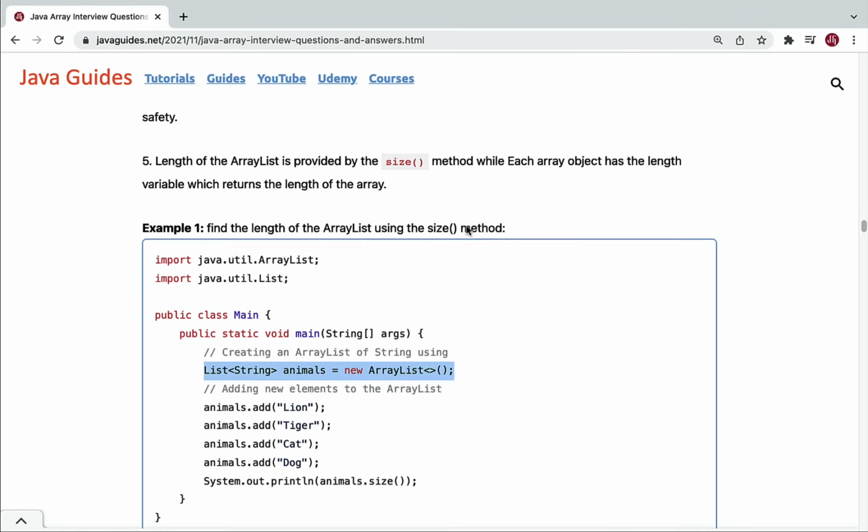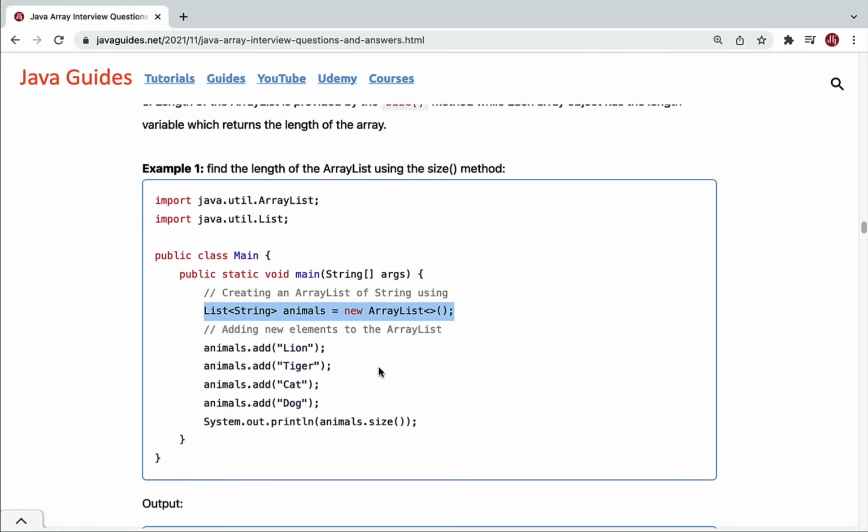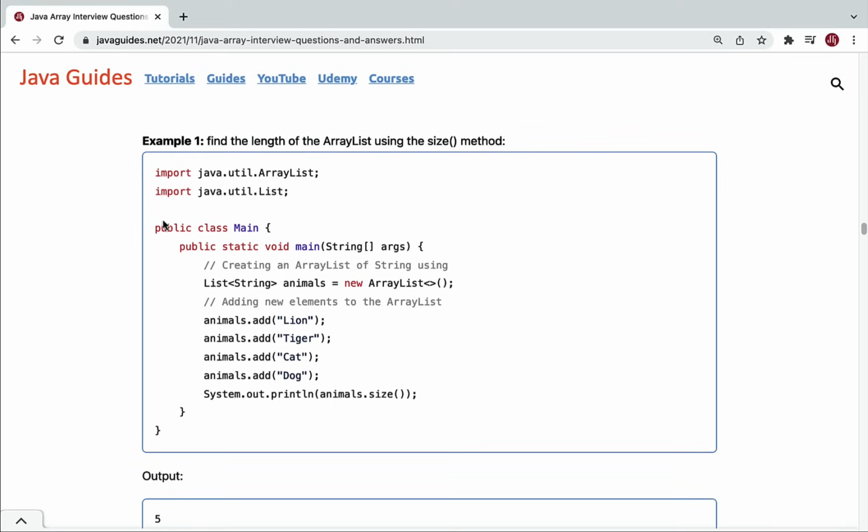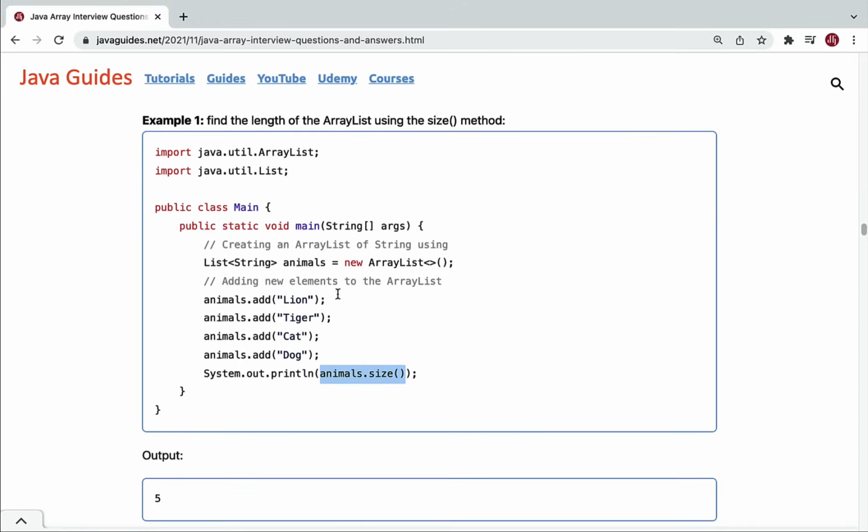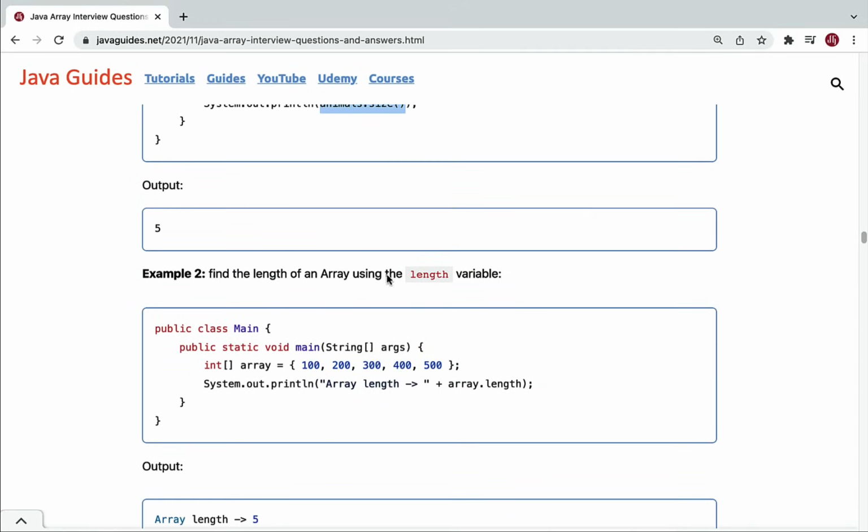On the other hand, we can get the array size using length variable. Well, you can see the example over here. So this is the program to find the length of the array list by using size method. Alright, so you can get the size of an array list by using size method. On the other hand, in case of array, you can use length variable to get the length of an array. So you can see here is the array of integers and you can get the length of this integer array